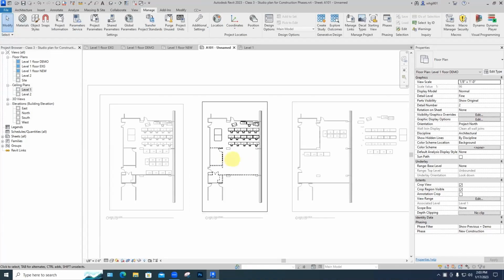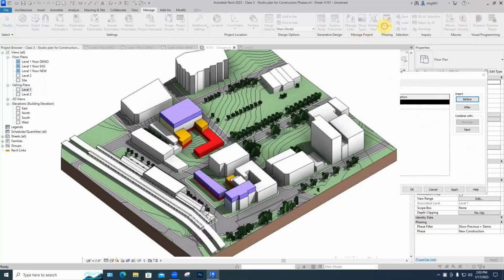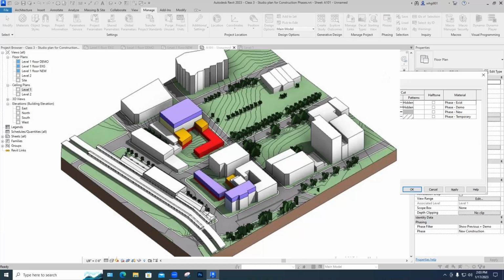I do have to say one last thing. Since you've all moved on to rendering, especially at the conceptual stage, a lot of times construction projects will have renderings that are not photorealistic. They will be gray, for example, when we actually do the rendering or see it in 3D. You'll have something like gray for existing, red for stuff that's being demolished, so it's really clear where that has to come in. So just solid red chunks of stuff, a whole second floor or something. Green for new and orange for temporary or something like that. So if you've turned on this override,